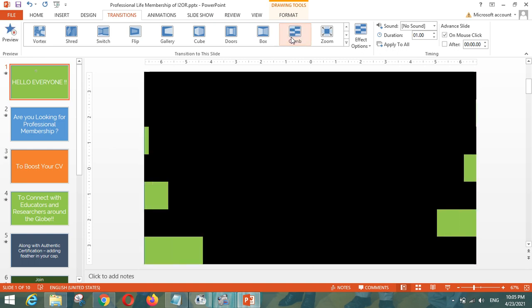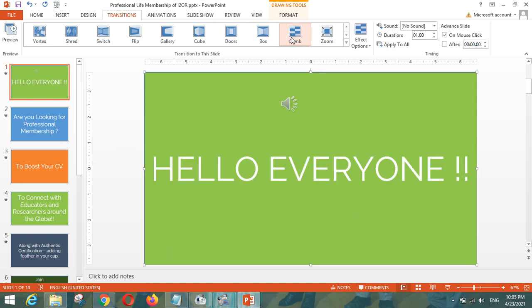Here you can see the very attractive way your slide will come, and if you want it to be applied on all the slides, then you can simply click here on apply to all. This particular feature will be applied to all the slides. So let us see how it's going to help you. I will click on this slideshow button. So here you can see it is coming,